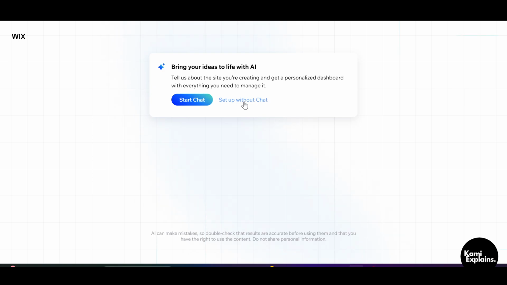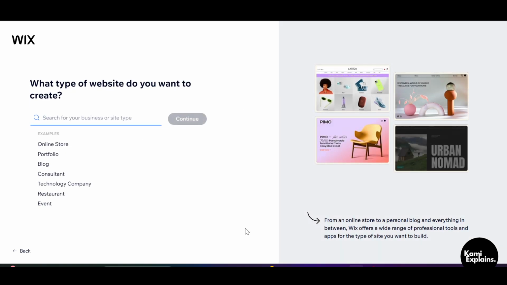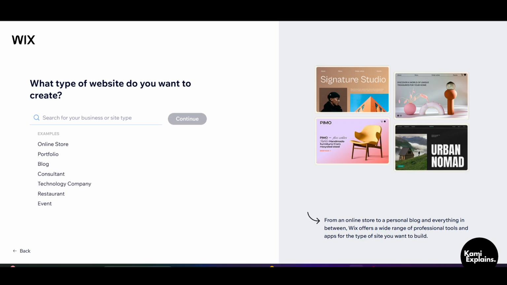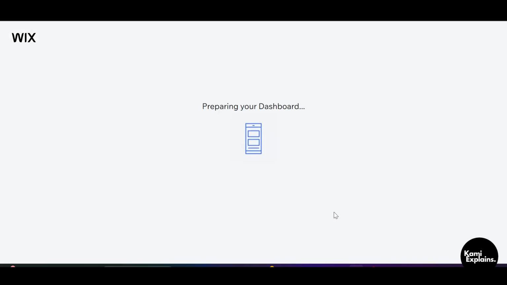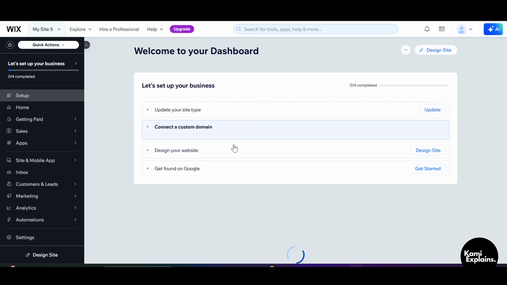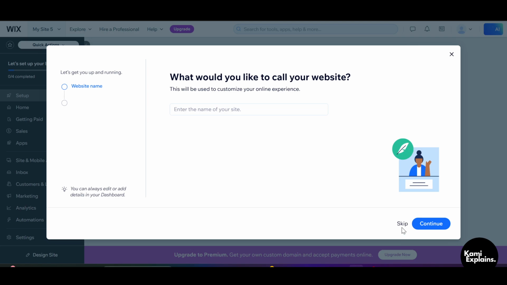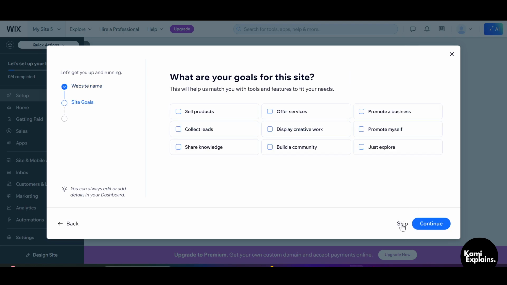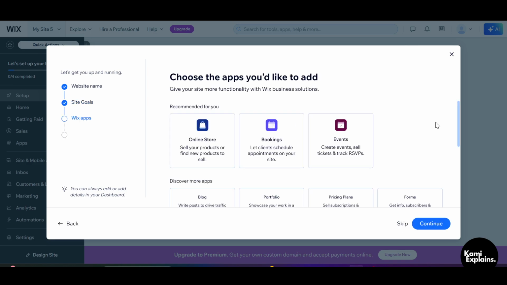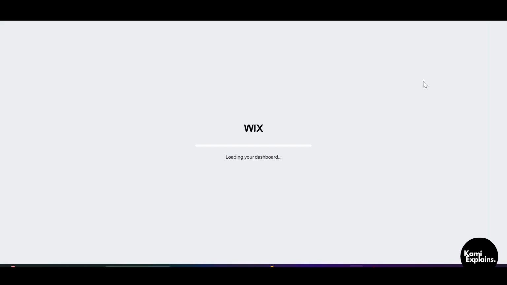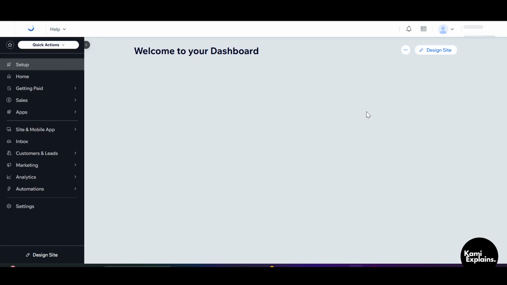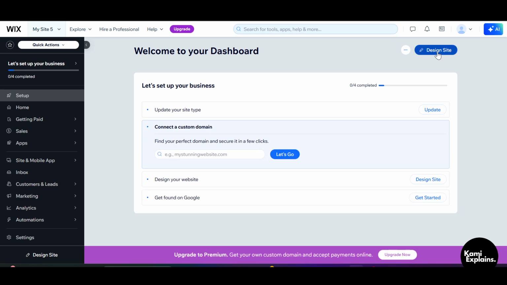After clicking on edit site, you will see this option. Then just click on setup without chat and just skip this on the right side. After this, you'll see this site again and just skip it. Skip all of this, or you can else just close this from here. After this, click on design site,